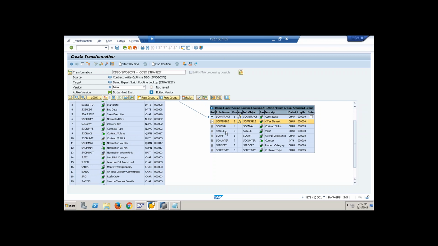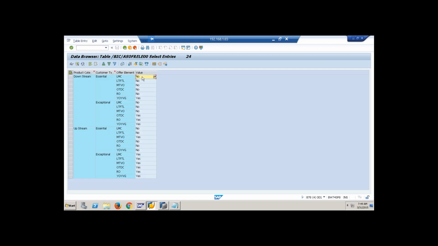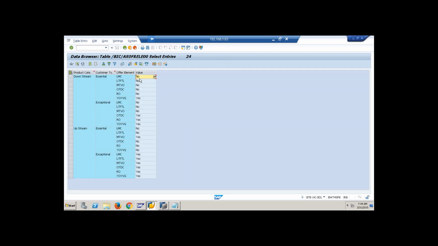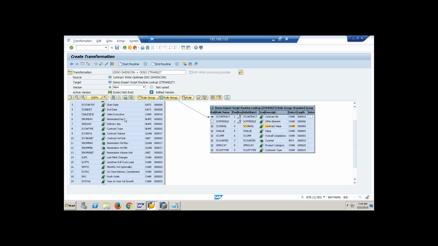And then I've got a value here. This is nothing but, for each offer element, I have a value here. That is a value, and then I have the contract. This is the value I maintain in the offer book. This is like an offer book for me. For this product category, for this type of customer, I give these offers. That is like the offer book for me. Then from the incoming, say I have income for